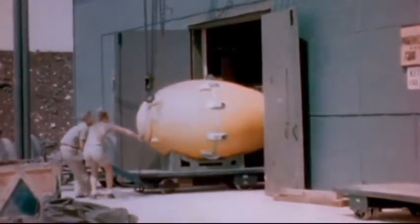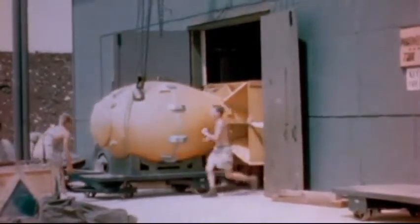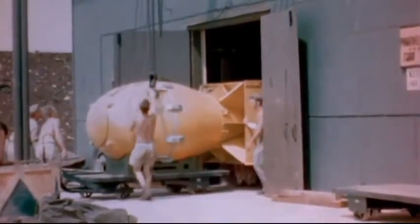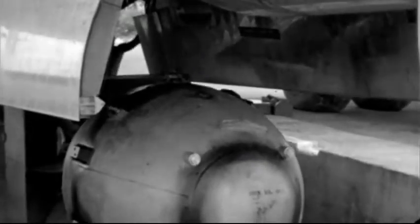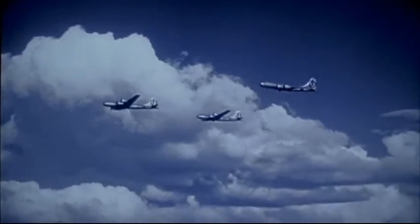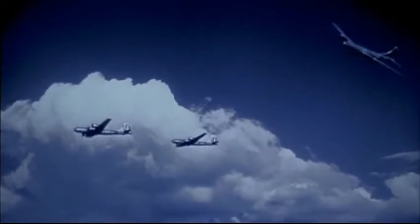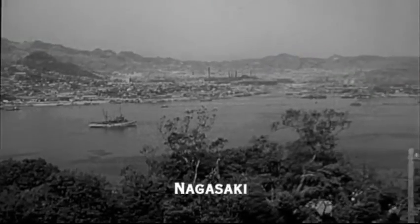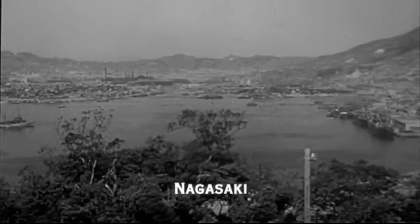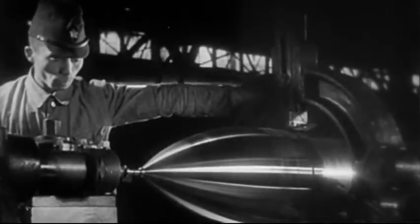Fermi's success brought intense efforts between government and the private sector, creating huge industries for uranium separation in the town of Oak Ridge, Tennessee, and for the production of plutonium in Hanford, Washington, at the shores of the mighty Columbia River. This tremendous effort forged the materials necessary for creating an atomic bomb. The first atomic bomb was assembled in Los Alamos, a secret